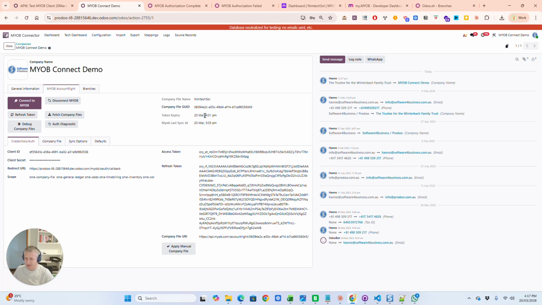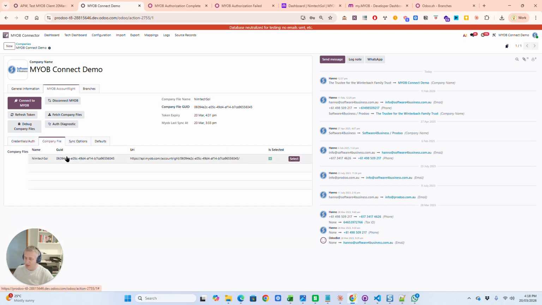Typically it lasts about 15 minutes, and then it will give you an access token and a refresh token. It will also know exactly what the API connection is over here. So all of that will be filled in for you. And whenever you need to send data into MyOp, the token will just be refreshed automatically. But yeah, so that's that. If you had more than one company connected to your profile, they might be listed here, but just select the one that you want to connect to.